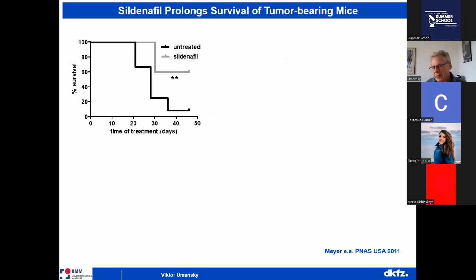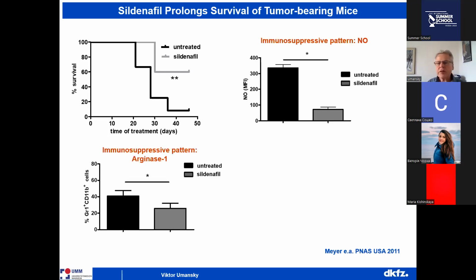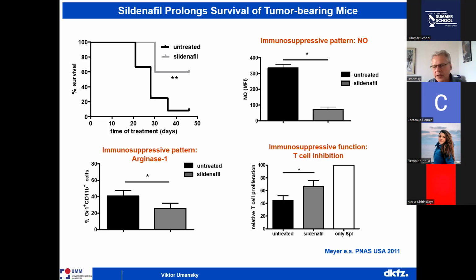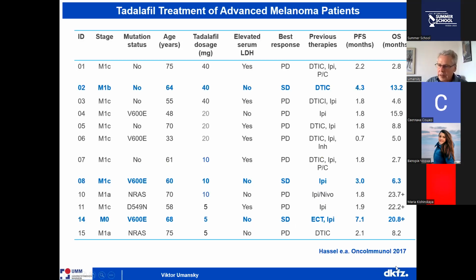What we found: the mice received sildenafil with the drinking water, and we found again an increase in survival. We found a strong decrease in the production of nitric oxide and arginase 1 expression, and also less severe inhibition of T cell activity and T cell proliferation by myeloid-derived suppressor cells from sildenafil treated mice. Again, we tried to do this small trial in Heidelberg